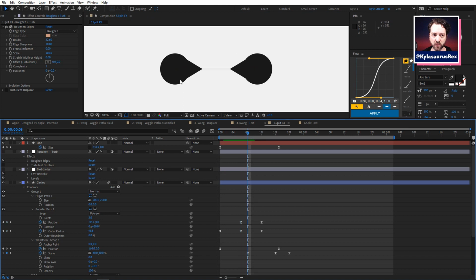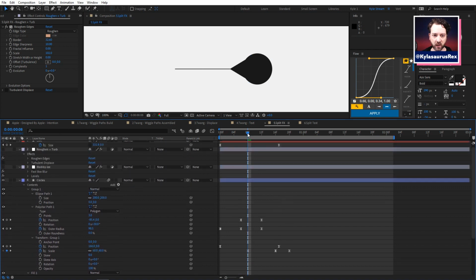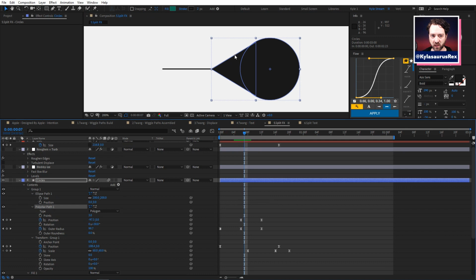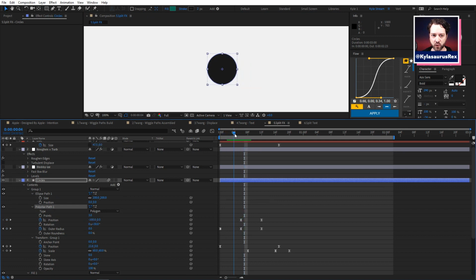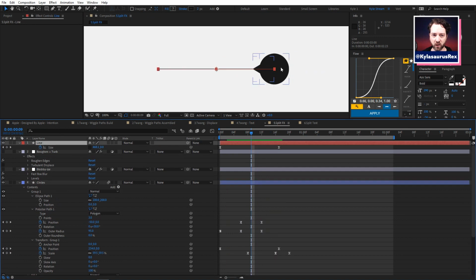So I used a circle. Let me turn off my repeater here. I used a circle and then a triangle shape here. You can see there's my polystar path with 3 points, aka a triangle. And you can see it if I zoom in here, so that we'd have that little tail bit. And it just scoots over a little bit, and then the triangle kind of tucks itself back inside. The whole thing scales down. And then I made the line a separate layer for reasons that will become clear in a minute.